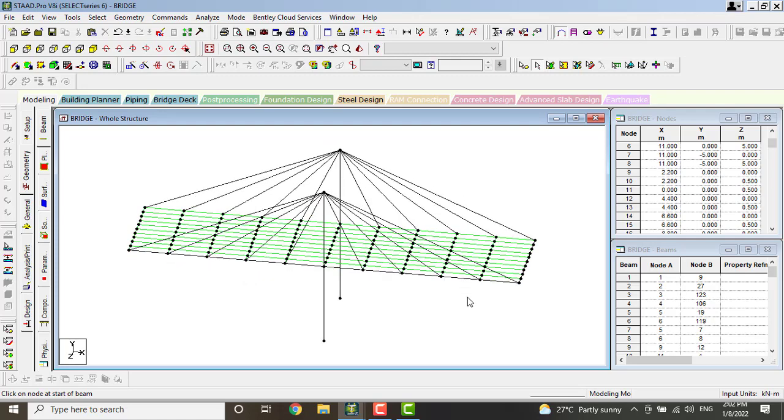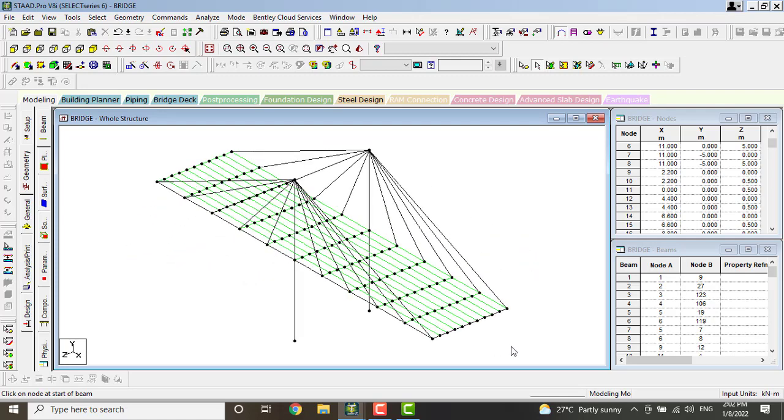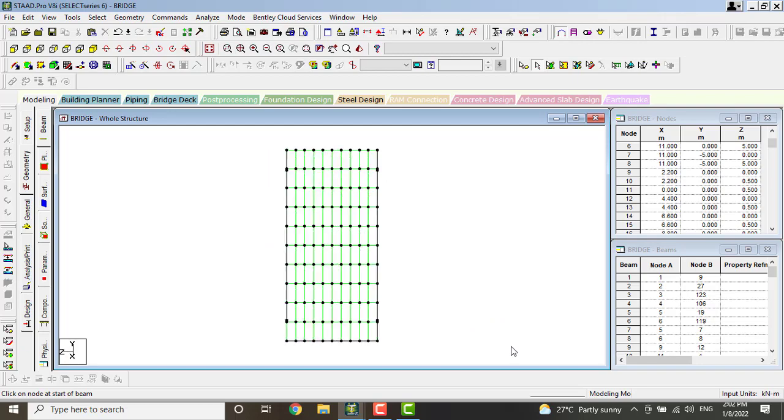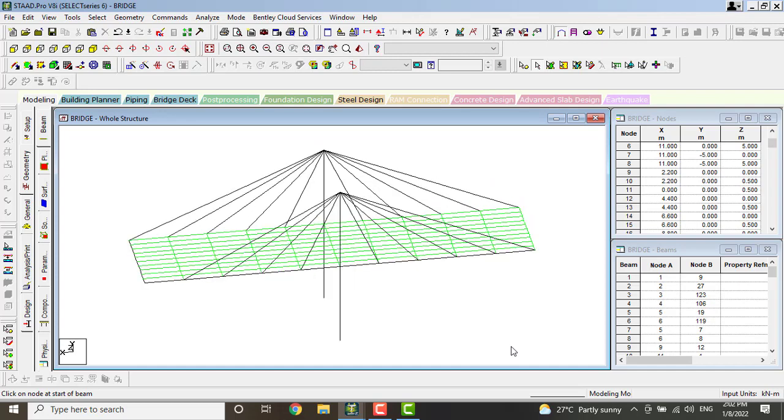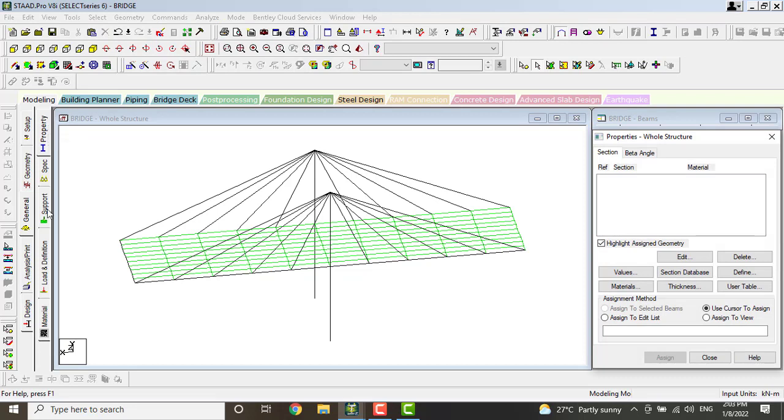See the structure, how it changes like this. This is our cable bridge. So here our geometry will be completed, like our drawing will be completed for a structure. Next, go to general option. In general option, we have to come to step-by-step process like properties, supports, load combinations and material. First, property. Here we have to apply beams, columns and plates for a slab and cables also.